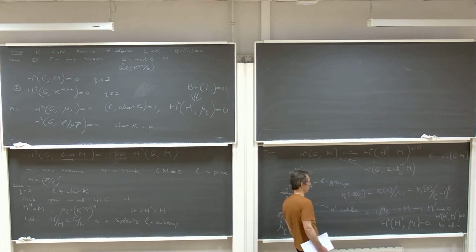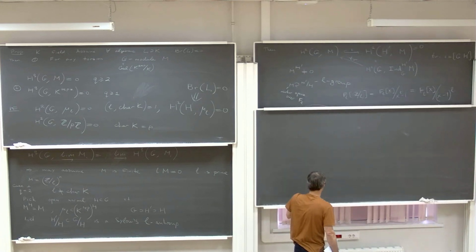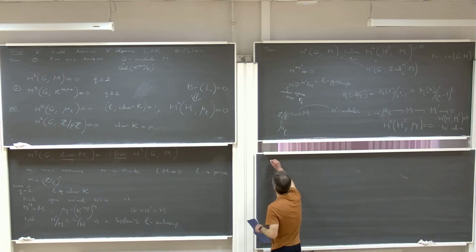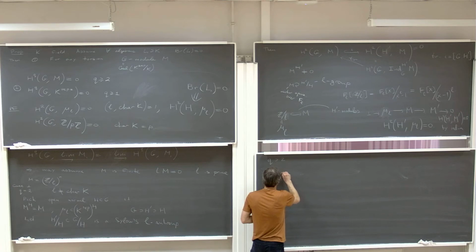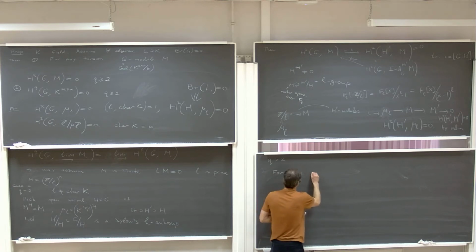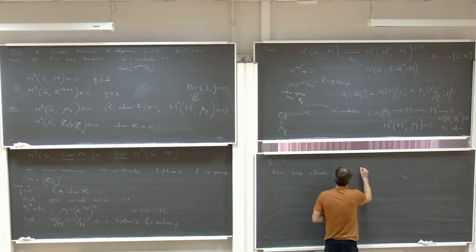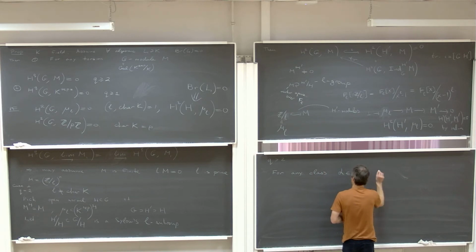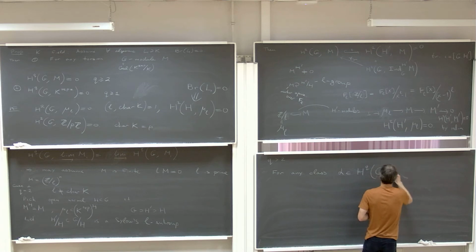Okay, good. So now Q greater than 2, well, you use induction. So for any class alpha in H Q of G with coefficients in M,